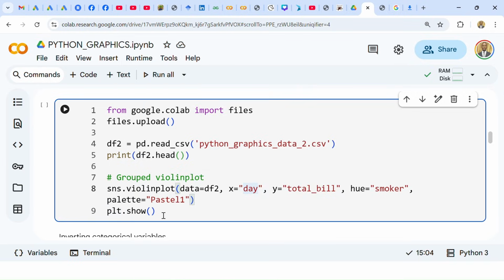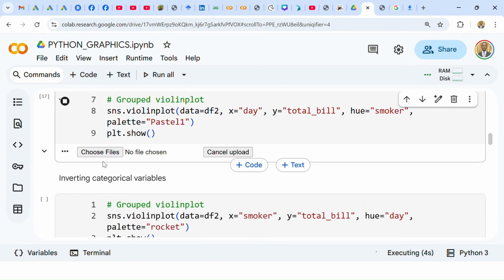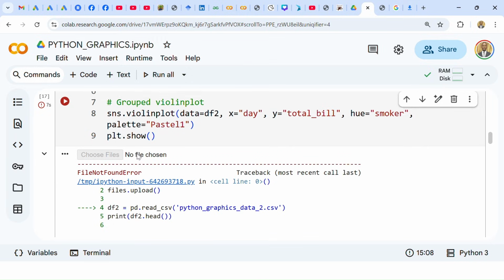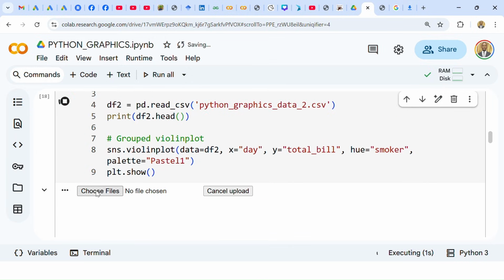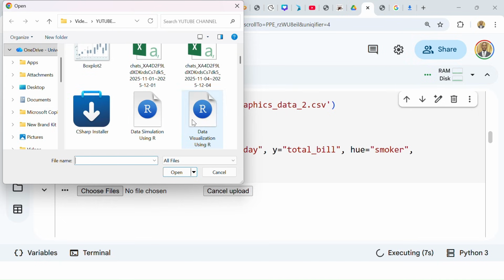Now let me run, but when I run, it will not go to the end. It will wait here to upload first. After uploading, it will proceed. So I'll run, and it is already waiting here, with the option to cancel upload. If I cancel, it will just give an error. Now let me run again. So you need to choose a file. If you choose a file, now you see 2. So this is data